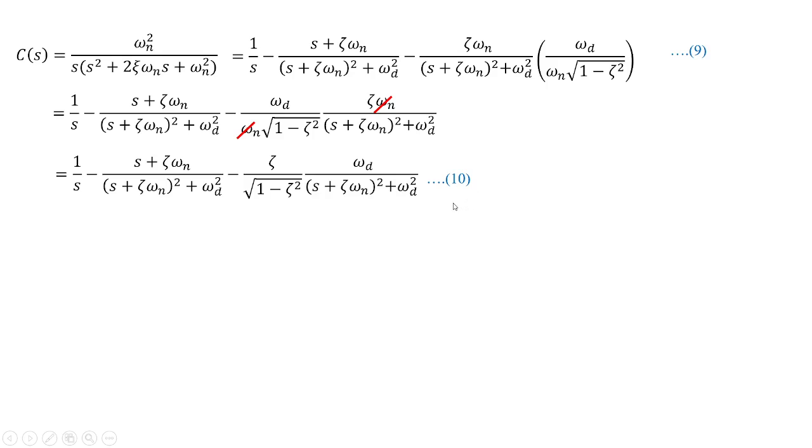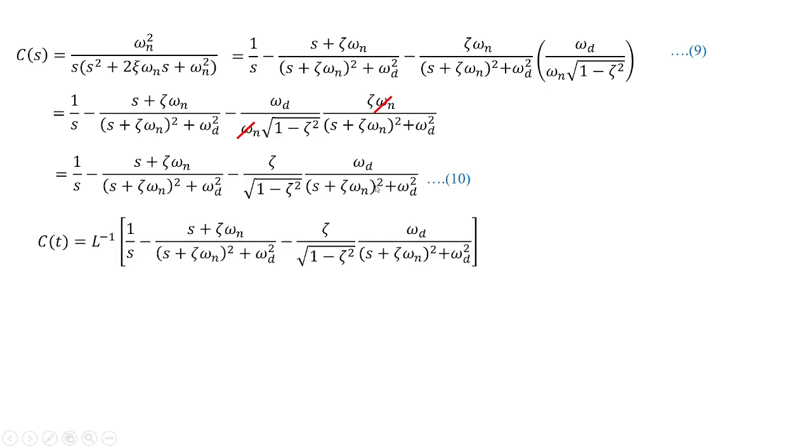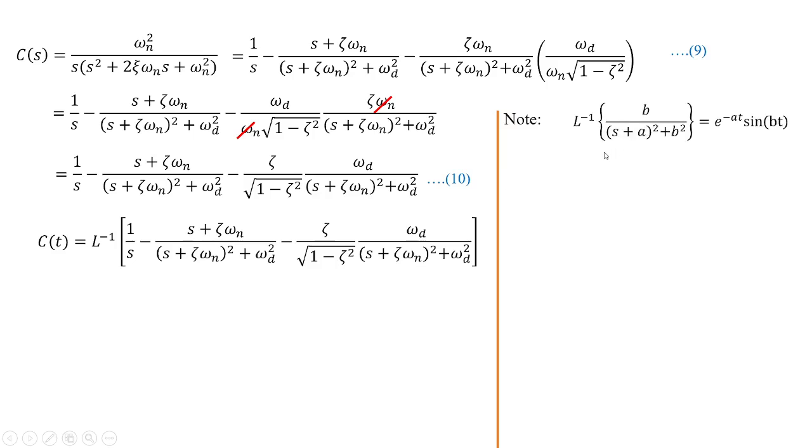Why have we done this? Now you can see this formula resembles the Laplace formula, and this formula also resembles the Laplace formula. One is in cosine term and one is in sine term. So applying Laplace inverse to this equation 10 and making use of the standard Laplace parameters: Laplace inverse of b by (s plus a) whole square plus b square is e to the power of minus at sine bt, and Laplace inverse of (s plus a) by (s plus a) whole square plus b square is given by e to the power of minus at cos bt, and we know that Laplace inverse of 1 by s is nothing but equal to 1. So I'll make use of these three Laplace equations,